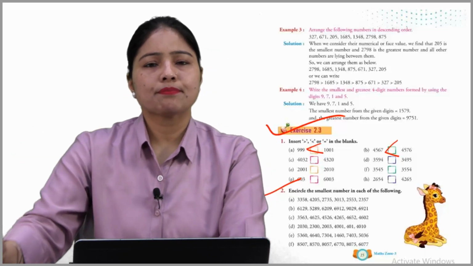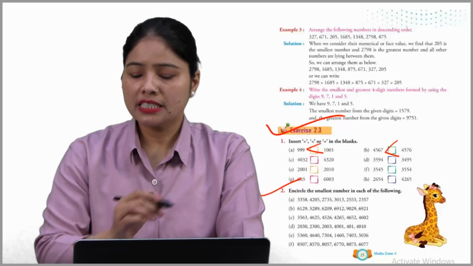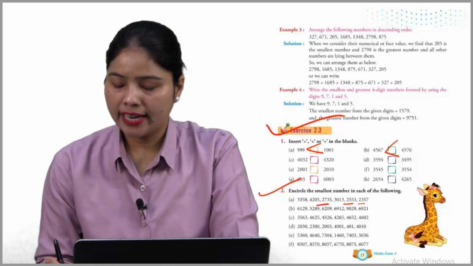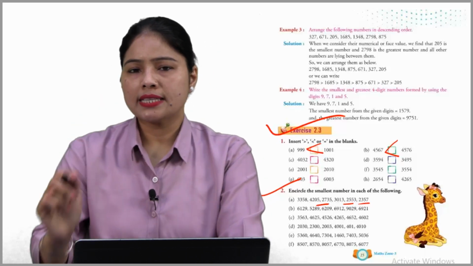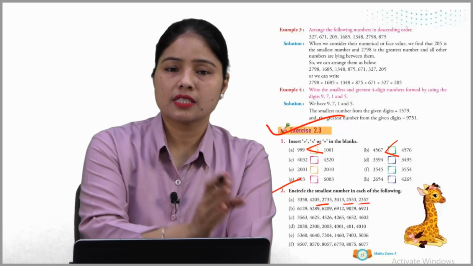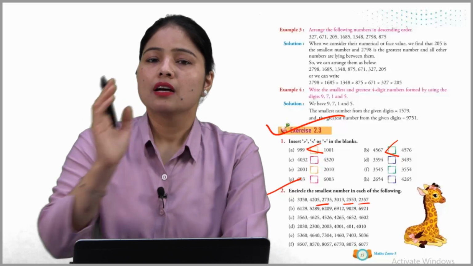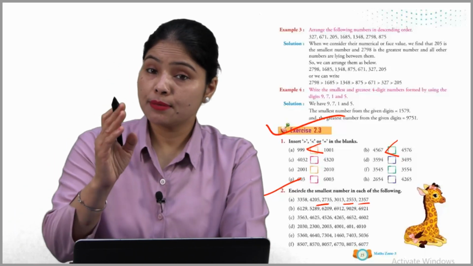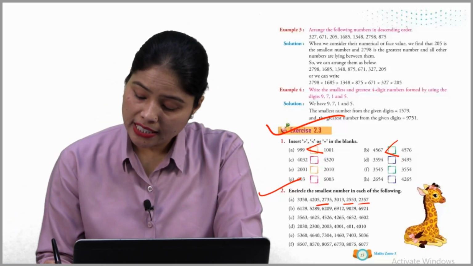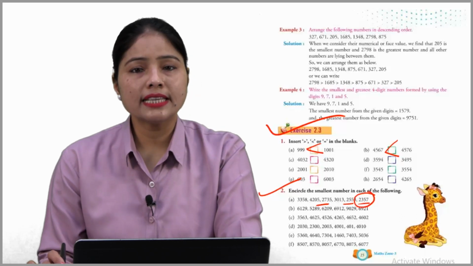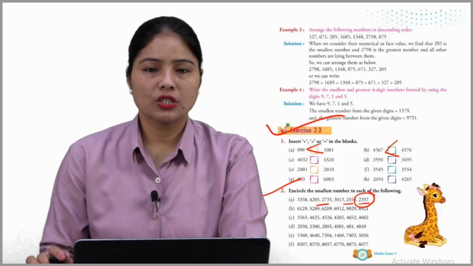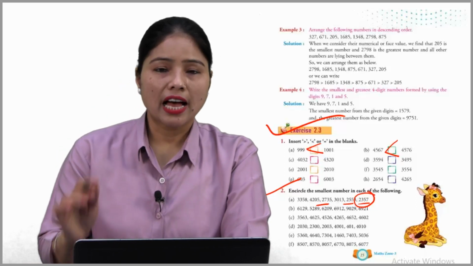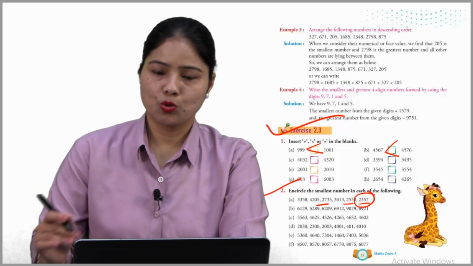1000 की प्लेस पे हमारा सबसे छोटा नंबर आता है 2. But here we can see that it's a 2, it is already 2 and here it is already 2. So 2, 2, 2 are the same number. So start or you can say compare with the 100 digits. So 100 की digits में क्या है 7, यहाँ पर क्या है 5 and last में क्या दे रखा 3. So we can see that this number is the smallest number among all. So this is how you have to find out which number is smallest. Okay, I hope you understood well. So move on, next question.